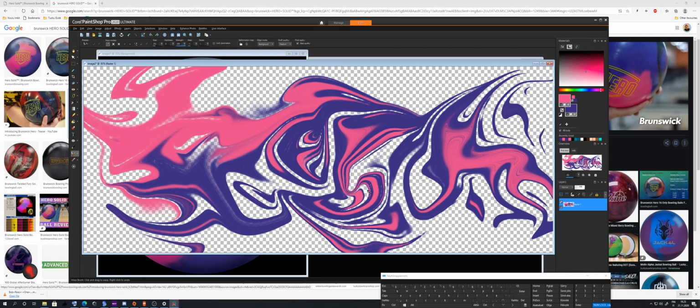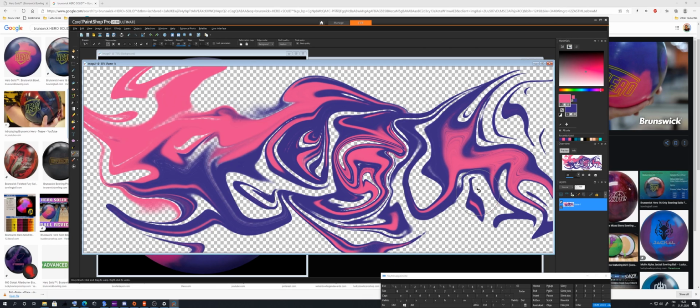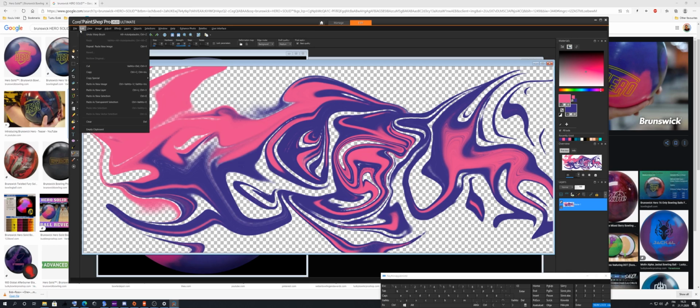We can mix this even more so it doesn't pixelate as much. Like so. What about now? Yes, now it looks good. Now what we're going to do is copy it,